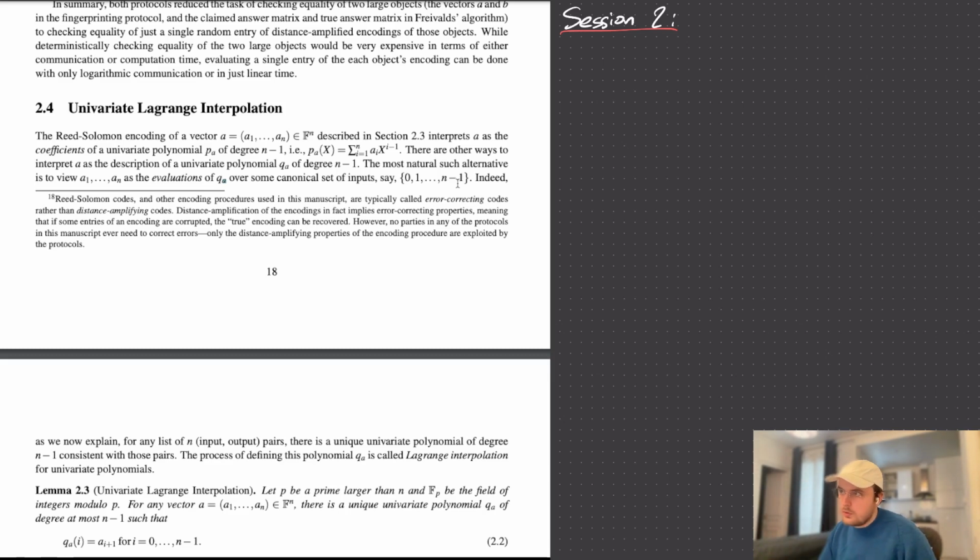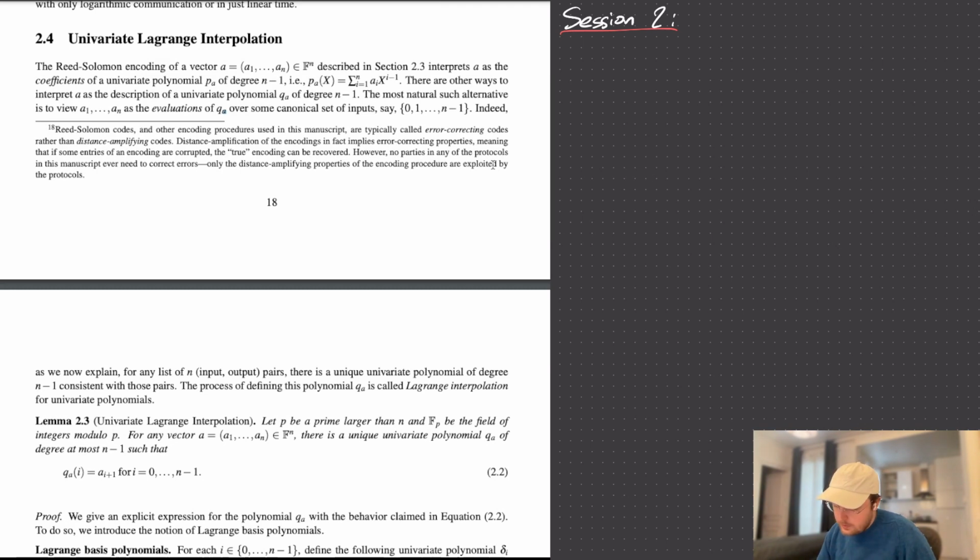So just to come back on this, what they mean is, the vector A is the encoding A1 to AN, and if you remember, P of X was equal to something like A1 X to the 0 plus plus AN X